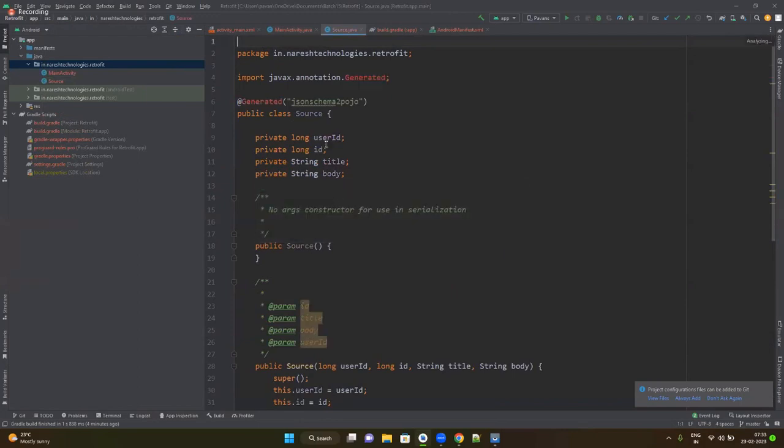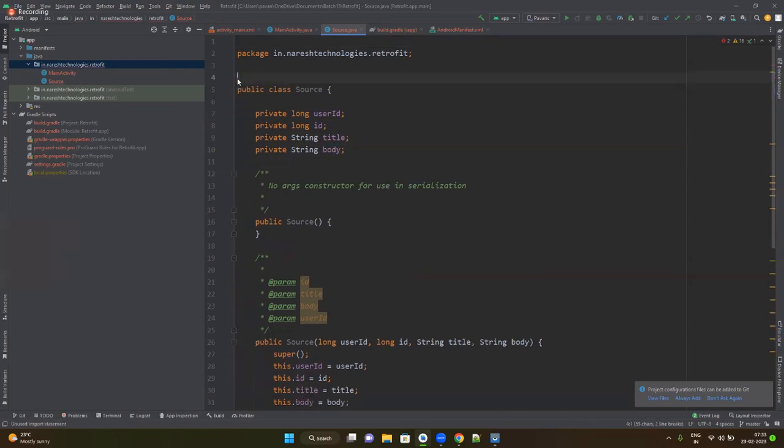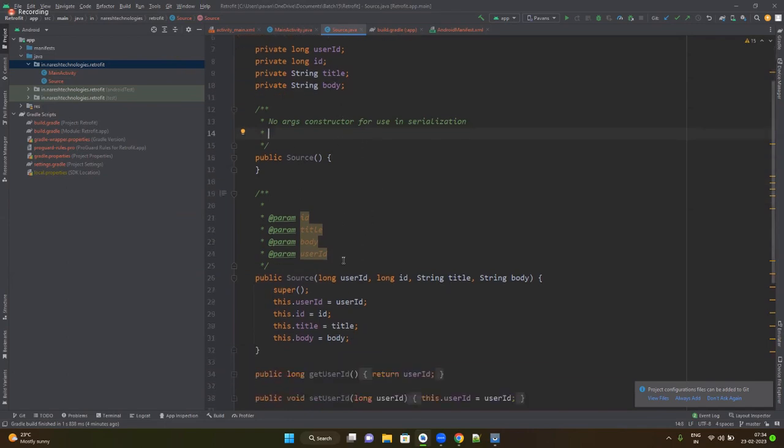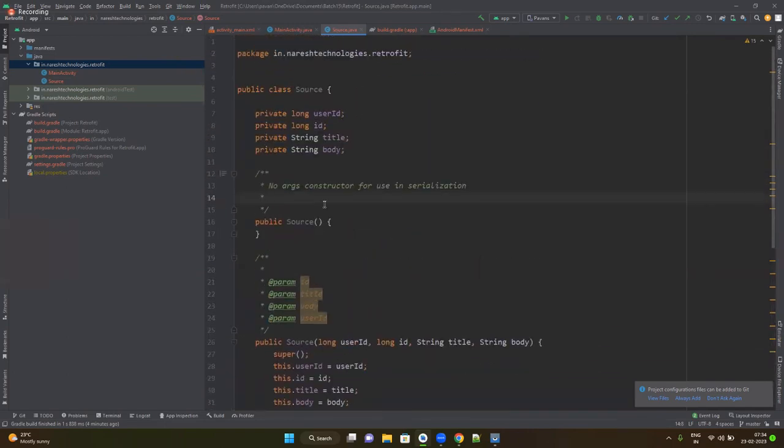Once it is done, you see that userId is there, id is there, title is there, body is there. The generated annotation is not necessary, so I'm removing it. Nice. The no-argument constructor is used for serialization. So when you implement Serializable, you won't have a problem at all. Okay, once this is there,